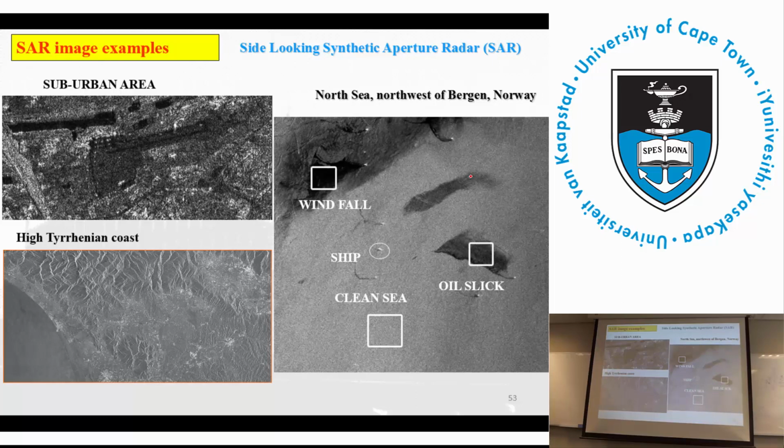Can't dump oil in the ocean. It's big. Anyway, these are some interesting things, and you can see here again the dark area because of the tarmac. And you can see here, depending on the orientation of the face of the mountain, you can see bright and dark areas. That again is part of the scattering mechanisms. Anyway,